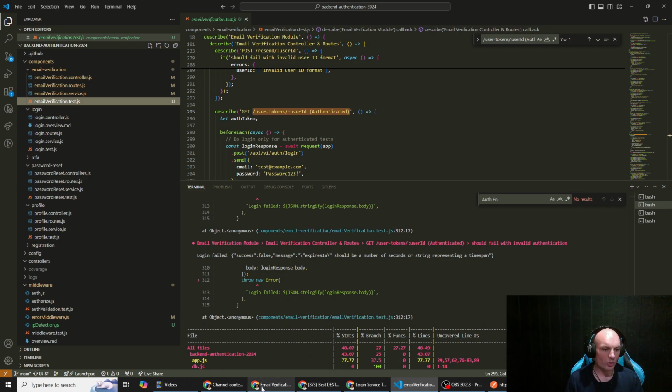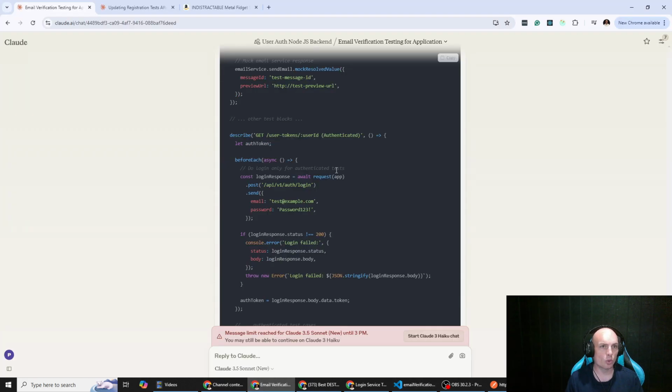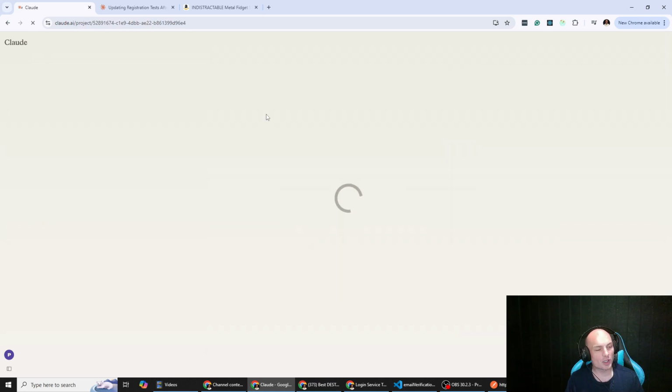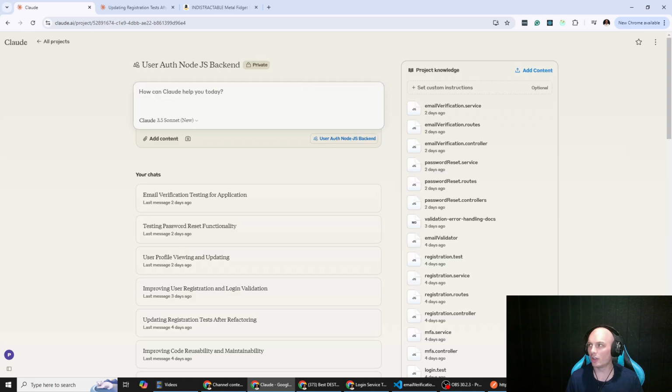What I'm going to do though is we've been using Claude to help do this. Last time when I was working on this, we ran out of tokens, we hit our limit. So I'm just going to start a new chat because Claude says basically, yeah, if you have a really long chat, it uses your tokens quicker. So I'm going to say,